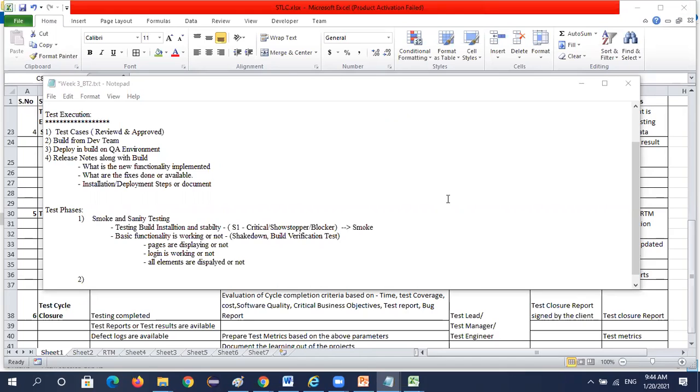Yes, exactly. So the question asked was, what is the need of a smoke test? The need of the smoke test is, if any showstoppers or blockers are there in the initial stage, we need not repeat all the test cases and everybody need not work on it. So what you explained is correct.